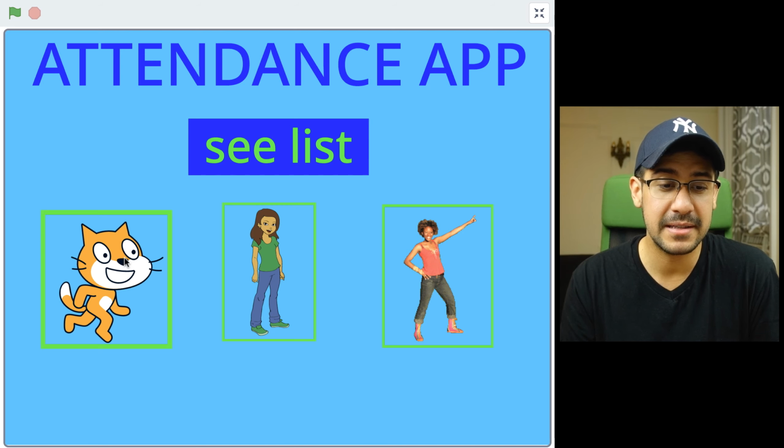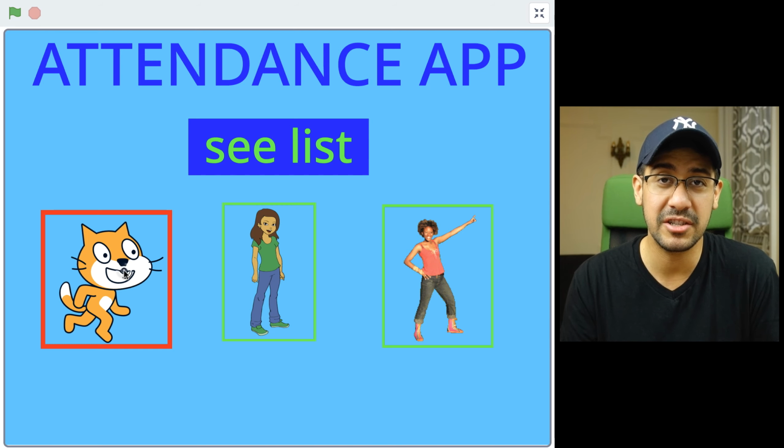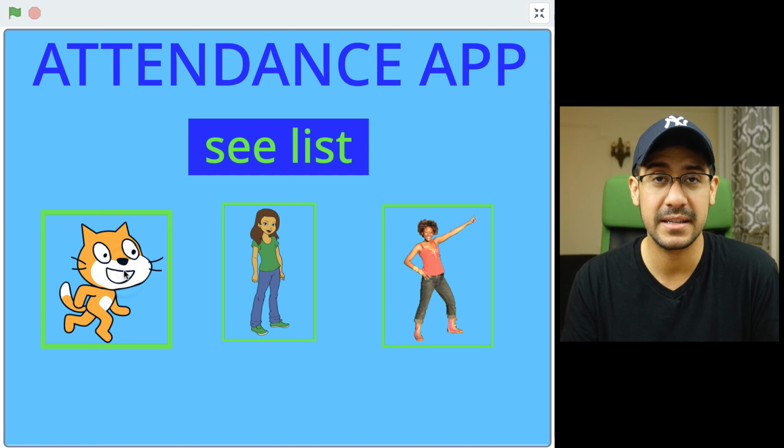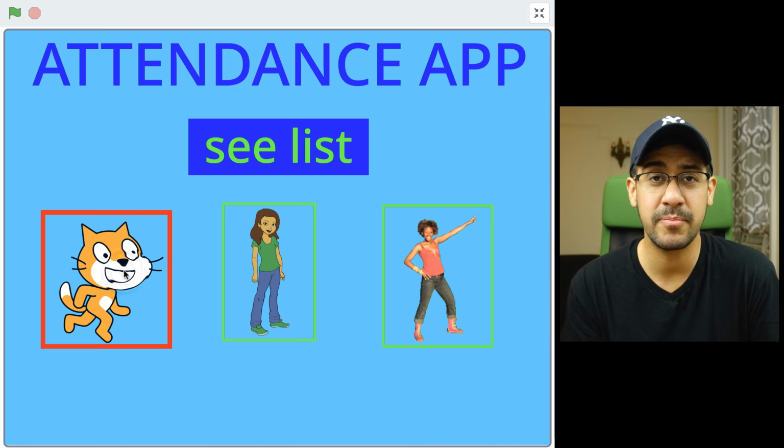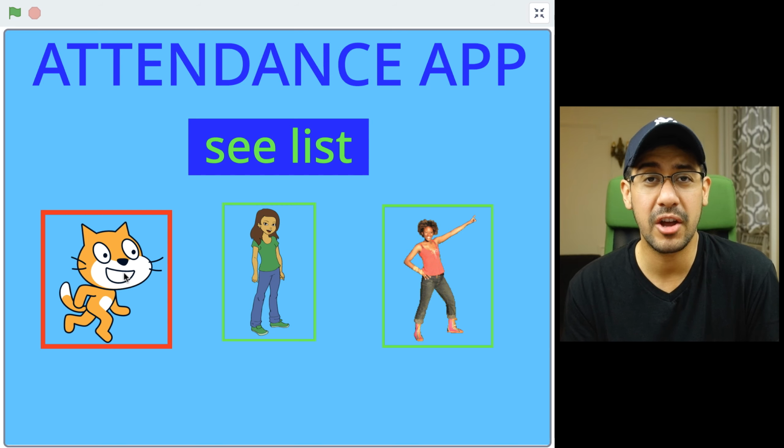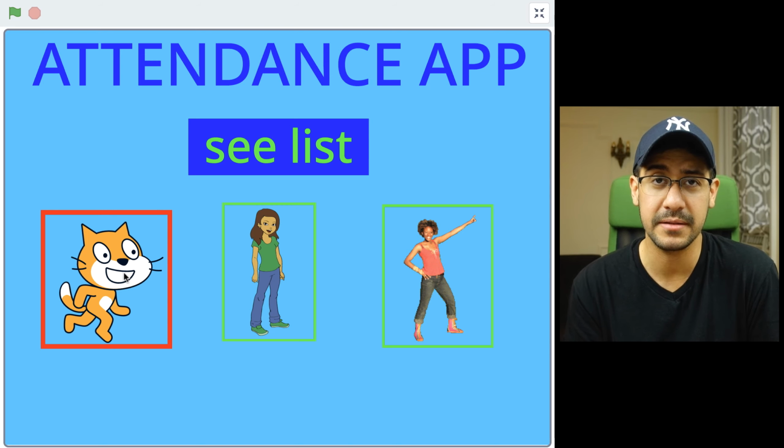And from experience, I'm pretty sure that what I did was change the costume whenever the sprite is clicked. So I could already start thinking about how this was made. There are two costumes per sprite or student, one with the green border around it and one with the red one. We're also going to need a way to store the current attendance value for each student, whether they're